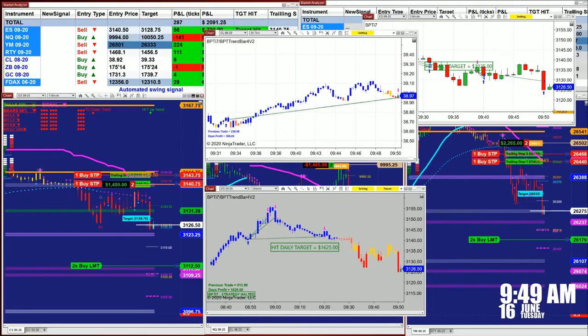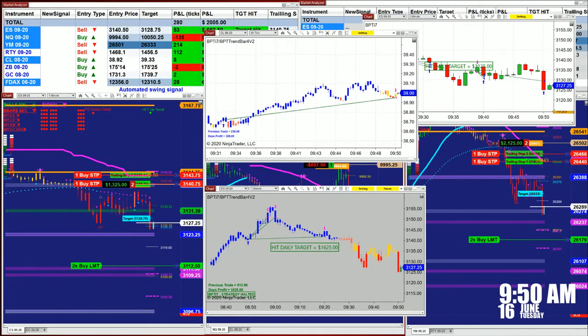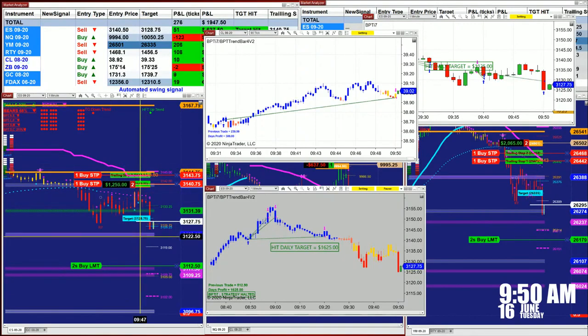I'm not sure the ES is going to be further than that. So we will see how the market will play. So this is very clear how the ES